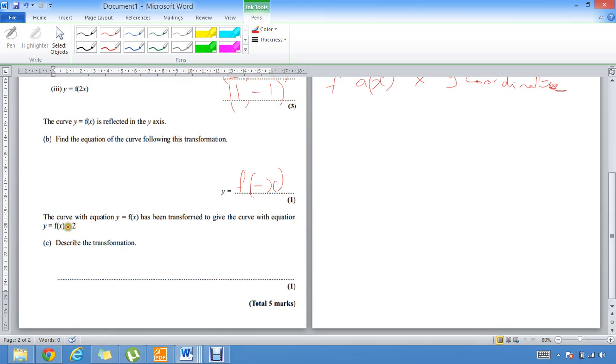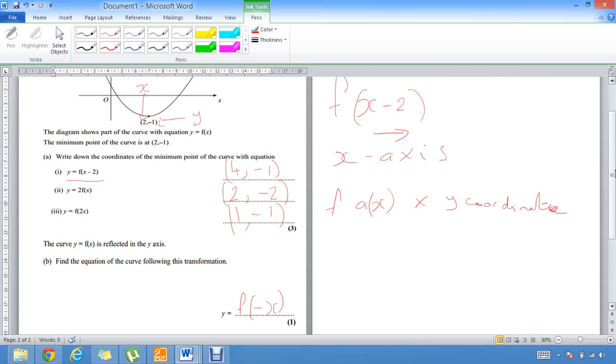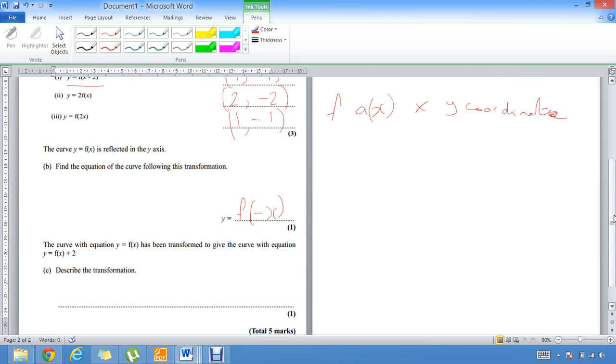Okay, now over here it says the curve with the equation y equals f of x has been transformed to give the curve with the equation y equals f of x plus 2. So again, ask yourself, is it inside the bracket or is it outside? It's outside. Which axis will it affect? It will affect the y-axis. By how much? Am I going up or down? It's a positive, so I'm going to go up. So my y coordinate was minus 1. So therefore if you go up by 2,